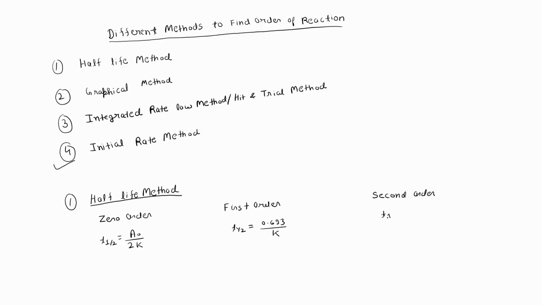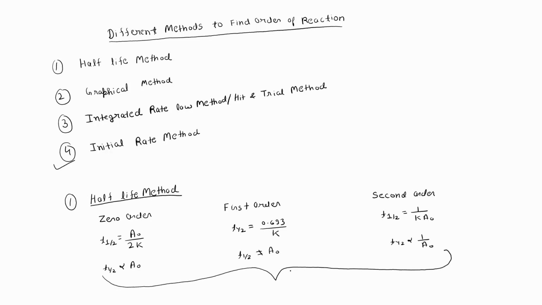And for second order, T half is equal to 1 upon K A naught. Okay. So if we write here in the proportional term, T half is directly proportional to A naught to the power 1 for zero order; T half does not depend on A naught for first order; and T half is directly proportional to 1 upon A naught for second order. So from all three terms we get T half is directly proportional to A naught to power 1 minus n,